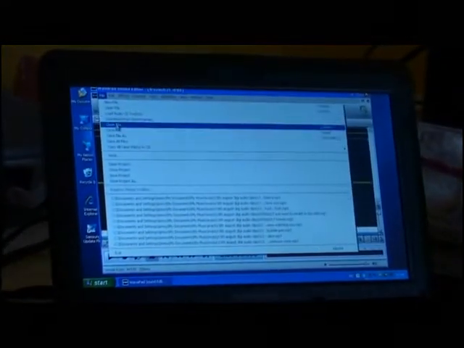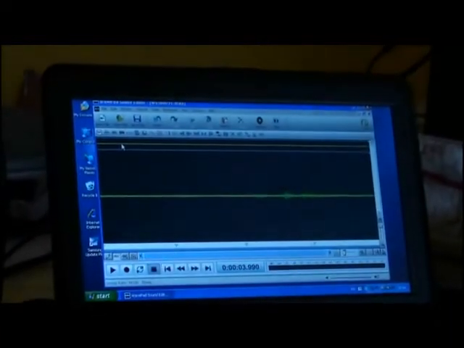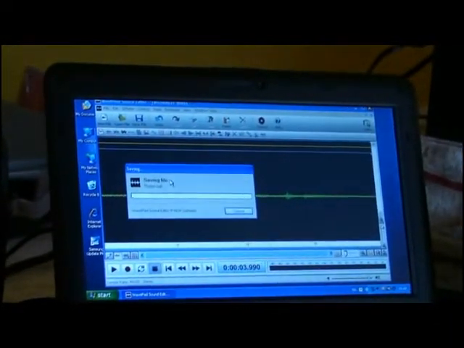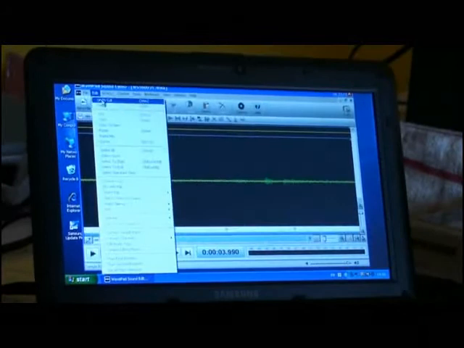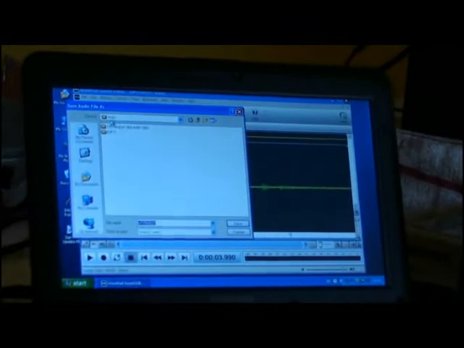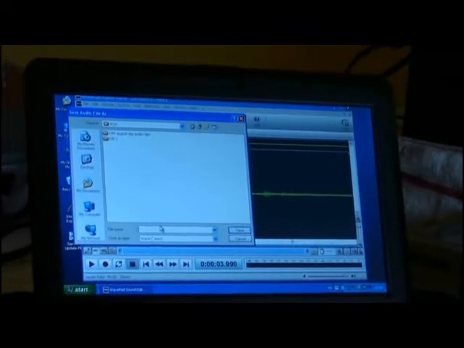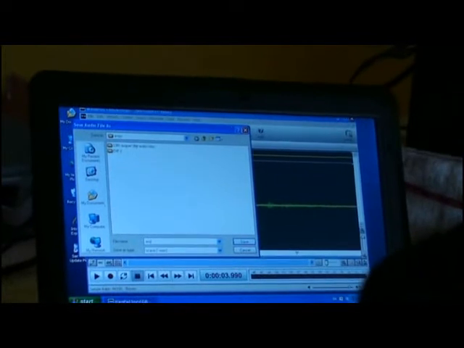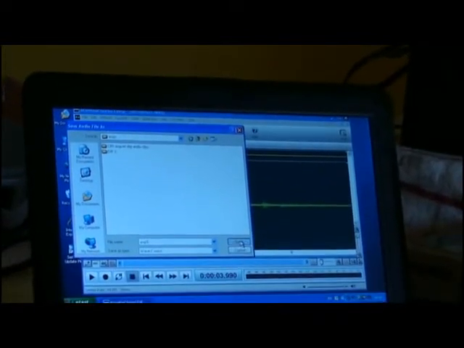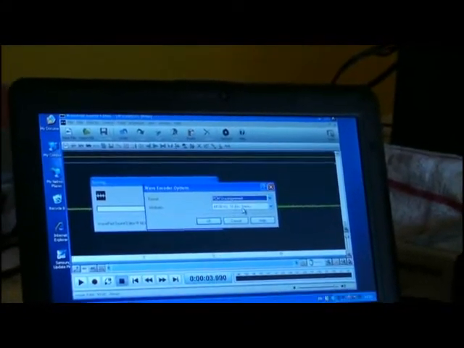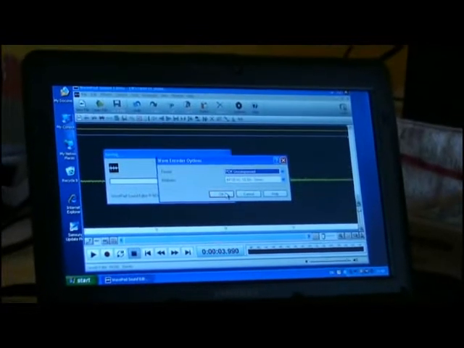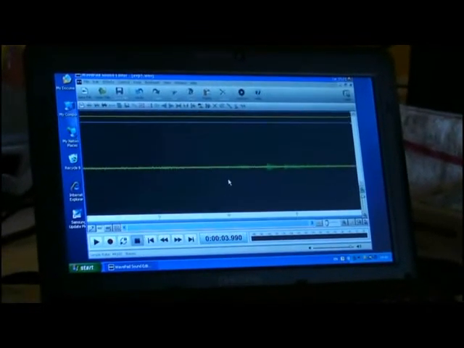File, Save File. And there you go, that should have saved it. Just to double make sure, always click Save File As also, so I have 2 copies. And I'll give it a name, say EVP1. Save. And what I want to save it as is a WAV file, W-A-V. And there you go, it's all done.